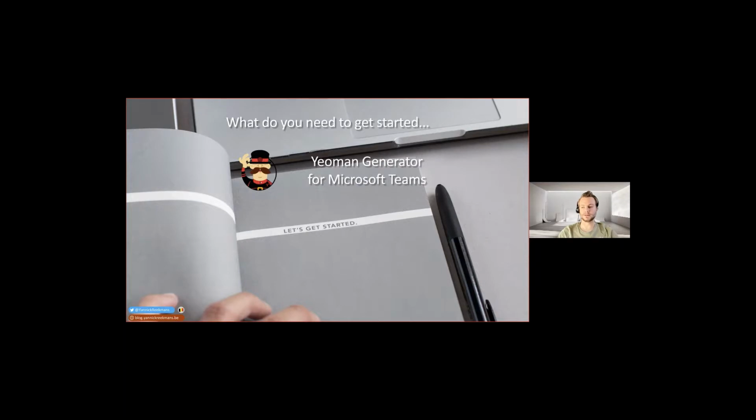Now, since Build last month, Microsoft has also made available the Microsoft Teams Toolkit for Visual Studio Code. This toolkit for Visual Studio Code aims to do similar things to what the Yeoman Generator is doing, but it's very new, but it is built by Microsoft, so it's something to consider.